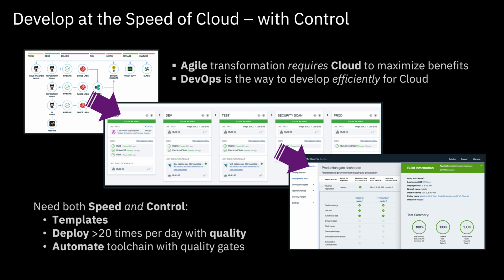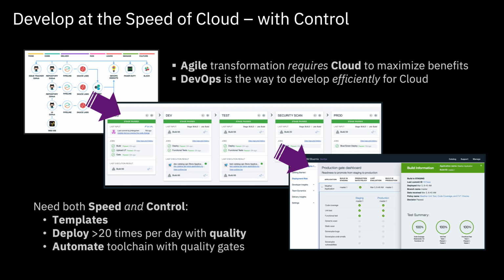So to keep up with the competition, what we need is a platform and set of tools that enable getting started quickly and iterating as often as developers have new ideas. Development needs to be executed at the speed of cloud, but with control. So this means reducing the time on assembling tools, deploying and maintaining infrastructure, and analyzing test results, all without lowering